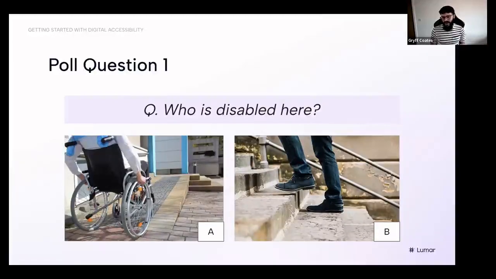And the reason why it's neither, and this is what we'll come into when we talk about accessibility, is the person in A has a ramp, so they're not actually disabled. They are able to use their wheelchair to get access, as well as B being able to walk up some stairs. So we're thinking of A as a person in a wheelchair going up a ramp, and they're able to get there, and B, they're able to walk up that. So we can both say that neither is actually disabled in this instance. So yeah, next slide, please.